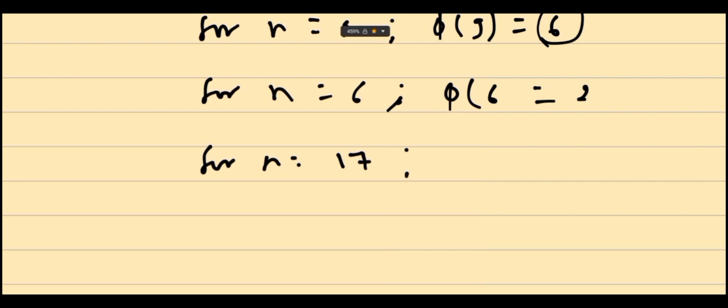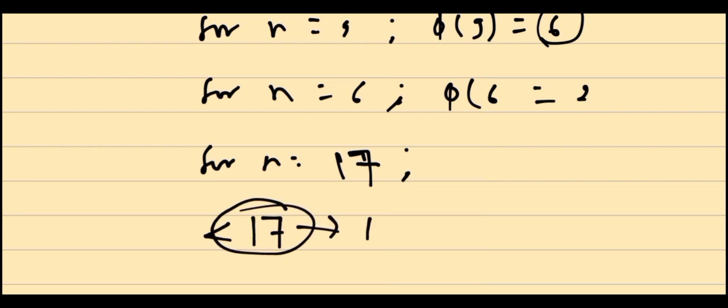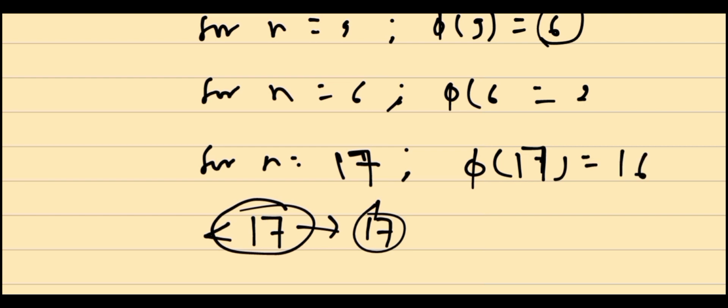When n is equal to 17, because 17 is a prime, every number less than 17 is relatively prime to 17. So we can directly write this, phi of 17 is equal to 16, because